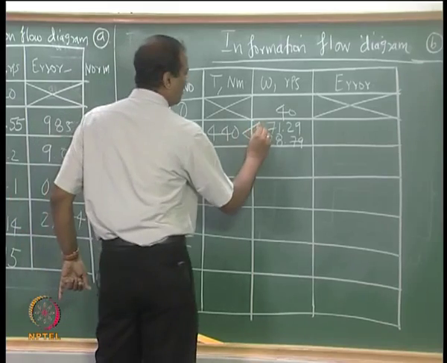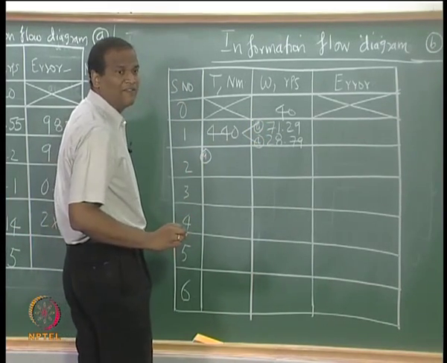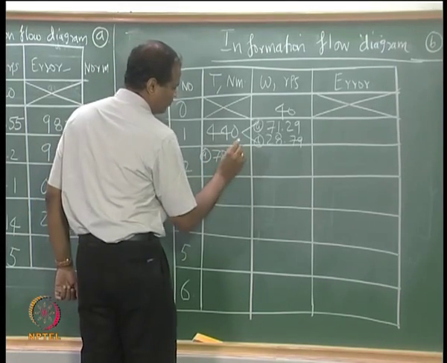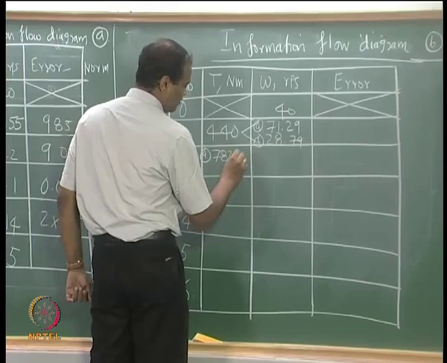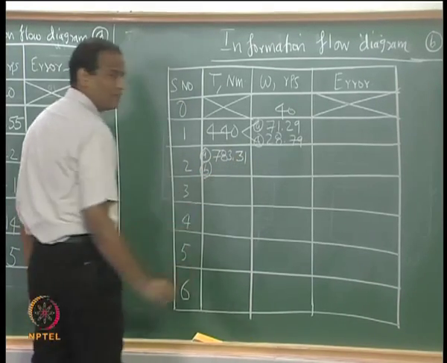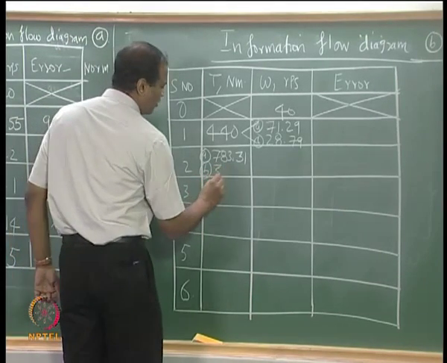Okay, so I will say A and B. A is 7 point..., B is 360 point...